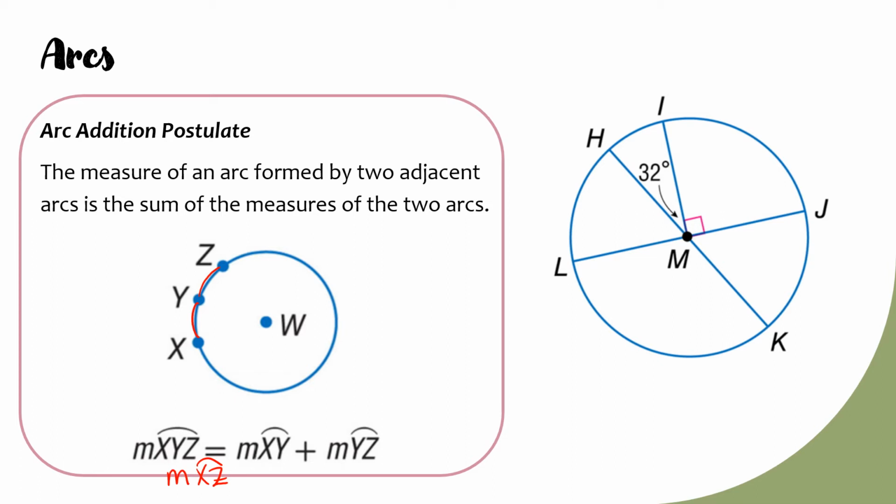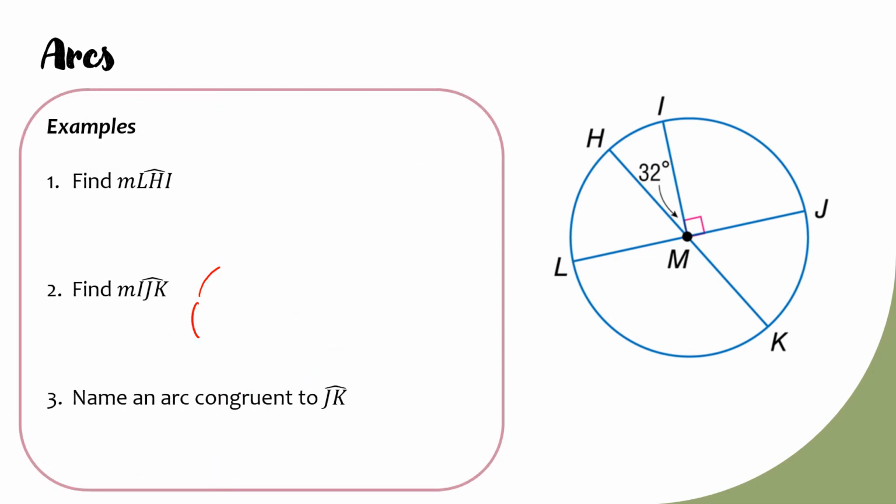And let's look at an example. Alrighty, so we've got our diagram off to the side here. Circle M with various radii drawn and various diameters drawn. And we want to answer the following questions. This might be a great place to pause and see what you can answer on your own. Now, my symbols are a little funky. These are supposed to be arcs, not corners. We'll just run with it here. So let's start with number 1. We're trying to find the measure of arc